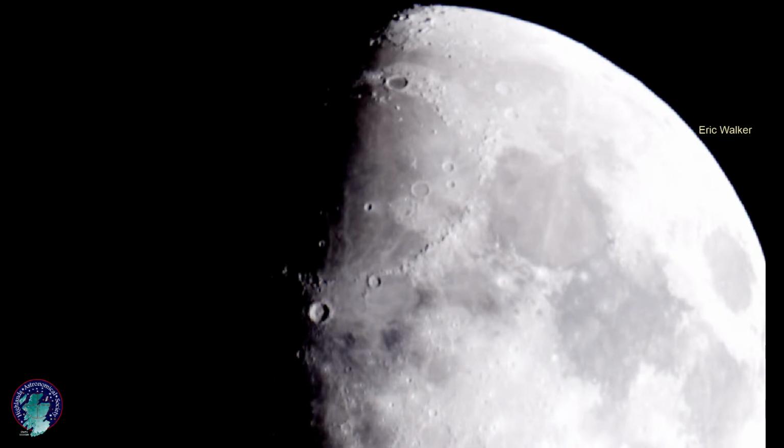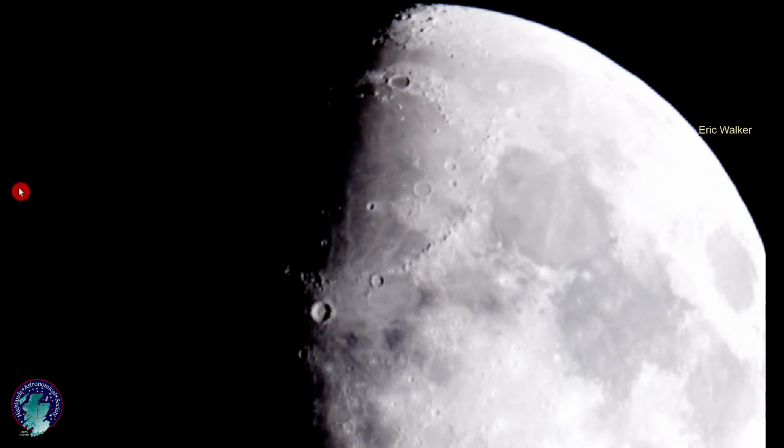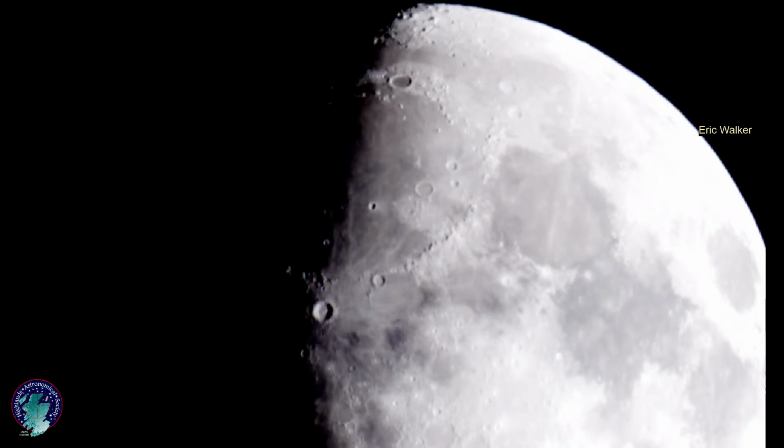Now, that big crater that you're seeing standing out at you, you see it here? Yeah, that is Copernicus. Very famous crater, one that you can actually see very easily, obviously not in so much detail, but you can see it very easily with a pair of binoculars. Absolutely. Yeah,